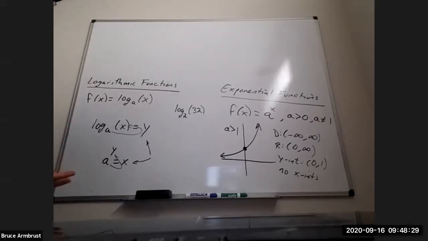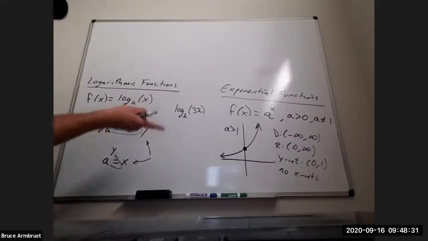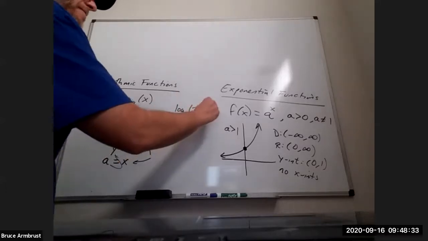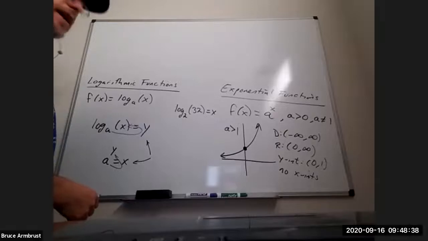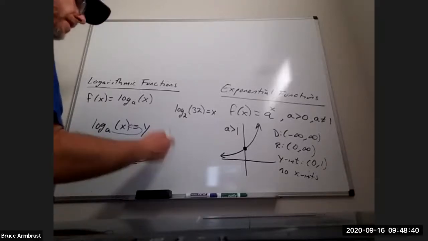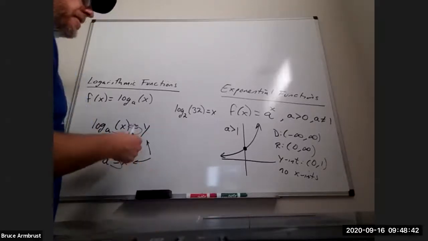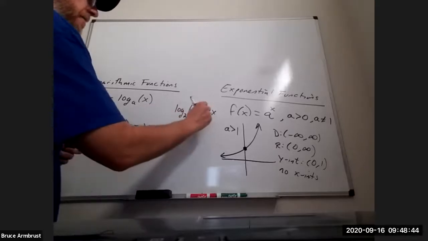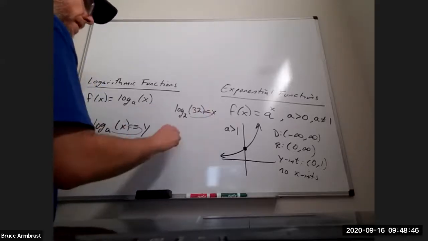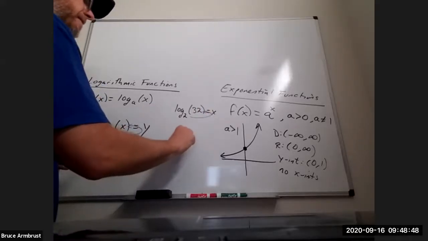So a calculator can do this. But let's run the hook. So let's make this an x because we don't really know what it is. So we'll call that x. If you run the hook to convert it, we start at 2. We run out and turn around. We're going to get 2 to the x